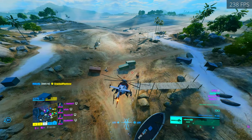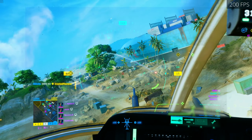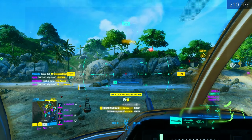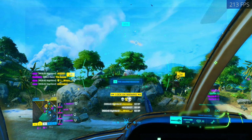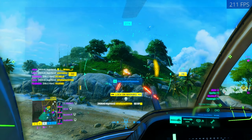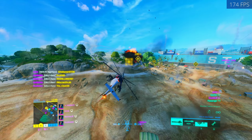So recently I've been chopping and changing my setup a fair bit, and overall this is something that I've done pretty much forever. On PC you're given the choice to use pretty much whatever you want, and there's a lot of really good choices when it comes to peripherals out there. I've been asked a lot what's in my PC, along with all the gear I use, so today I thought we'd go over what I think are the best peripherals and just the best gear to perform well in games